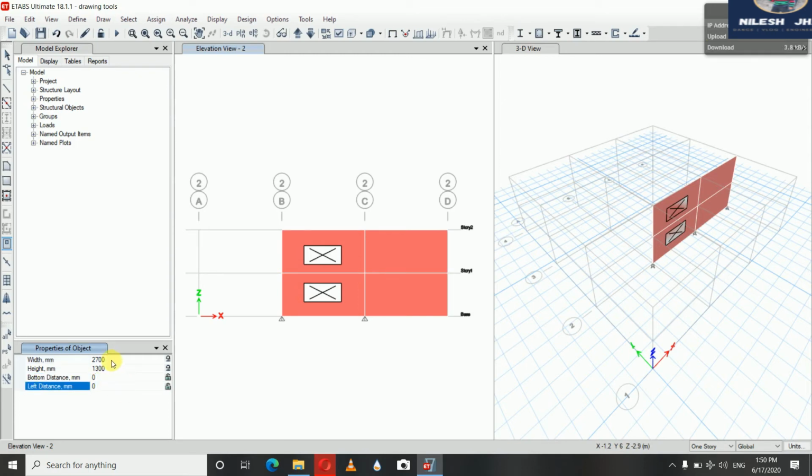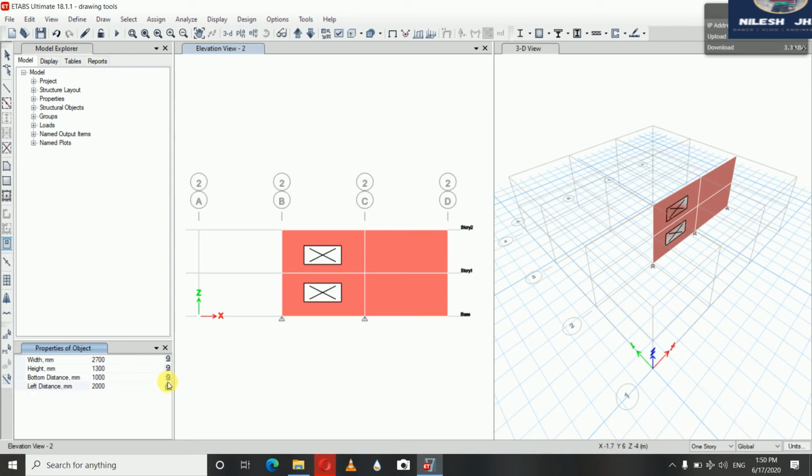And now suppose the dimension of my openings will be 2700 mm width and height of 1300 mm, and I would like to provide the location of my opening. And the location, suppose I want to provide my opening 1000 mm above the bottom, that is above the story height, that is this grid line or this grid line, and 2000 mm away from the left grid line.